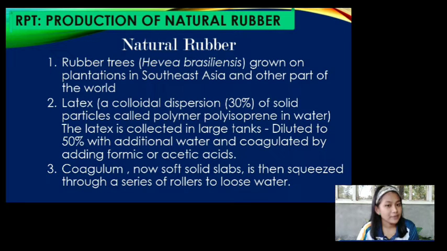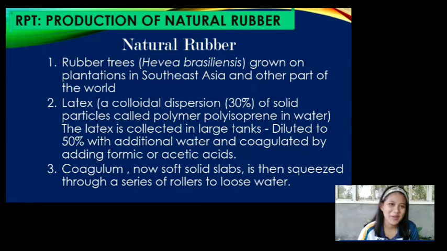Next one is the RPT production of natural rubber. What is natural rubber? The natural rubber comes first from the rubber trees, known as Hevea brasiliensis, which is grown on plantations in Southeast Asia or other parts of the world. Next is the latex, a colloidal dispersion, which is 30% solid particles called